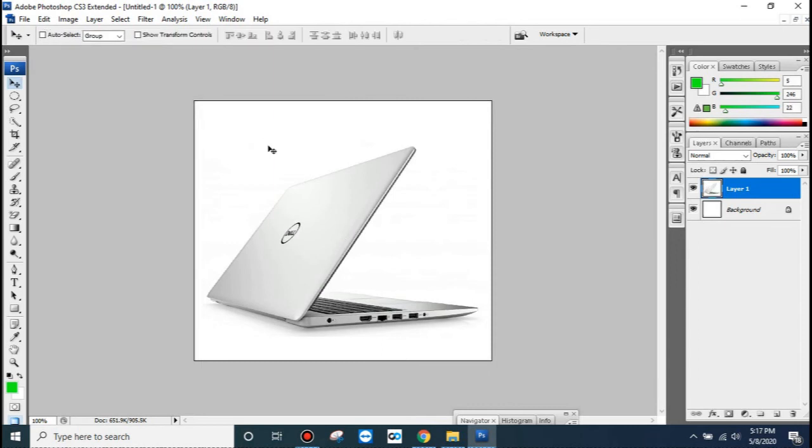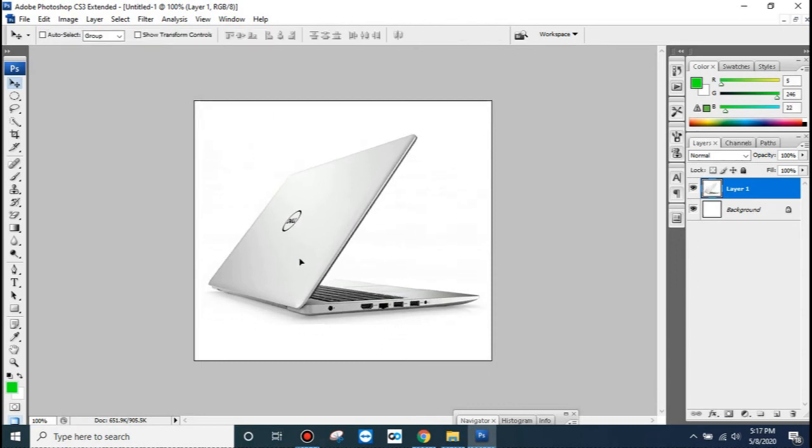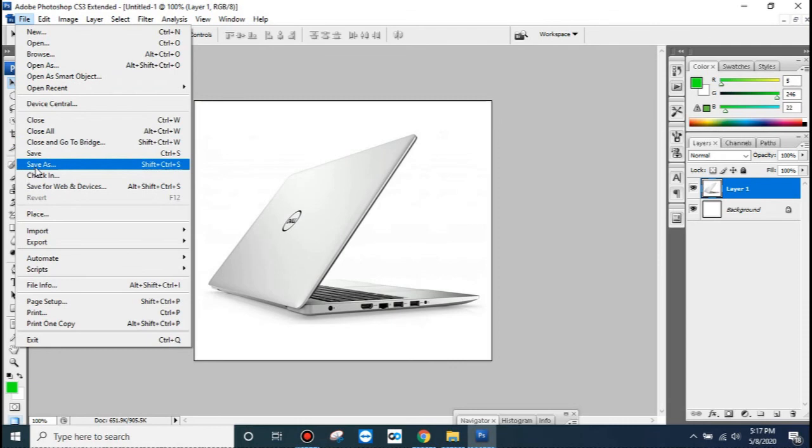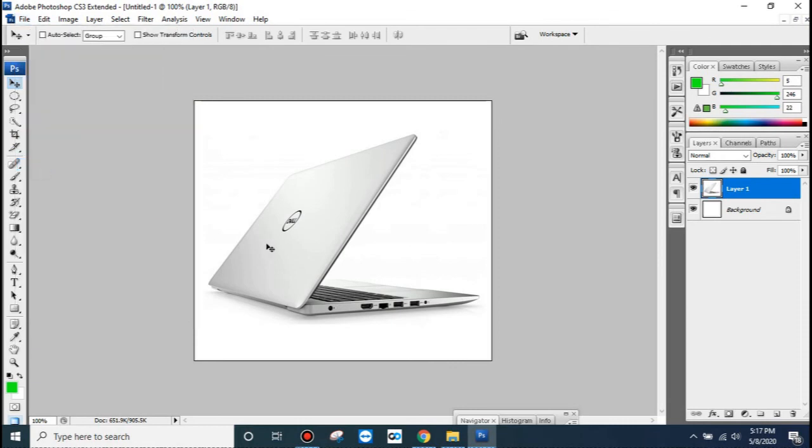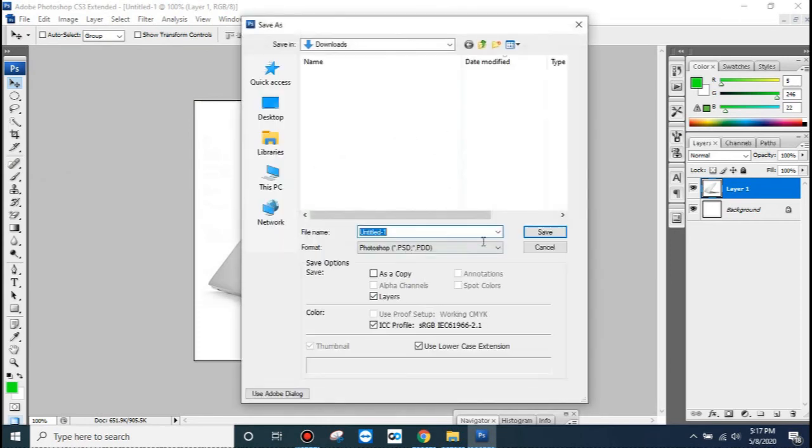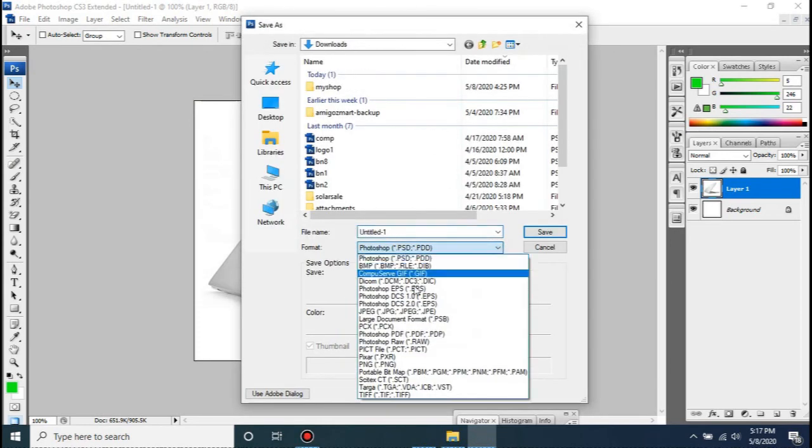Now it's fitted to my size. Go to File and Save As, JPG or PNG. Here is PNG, here is JPG.